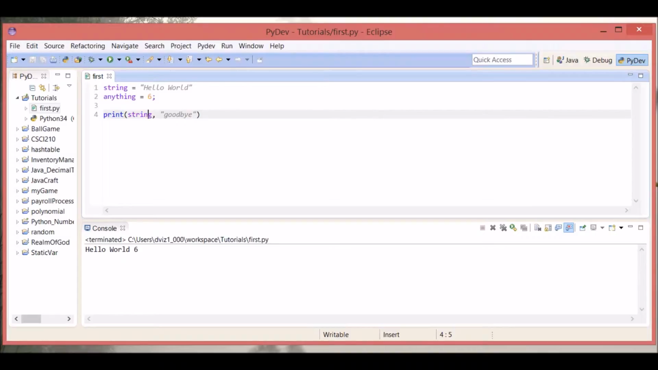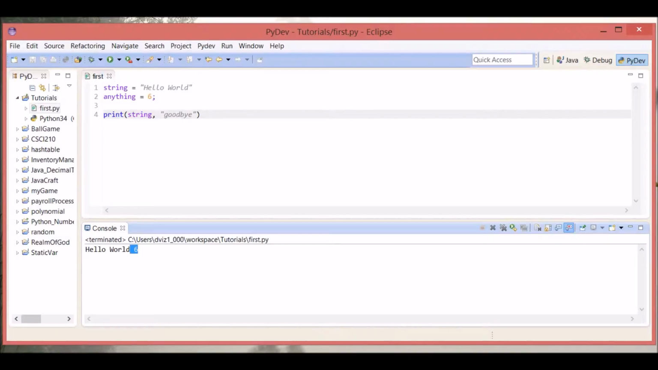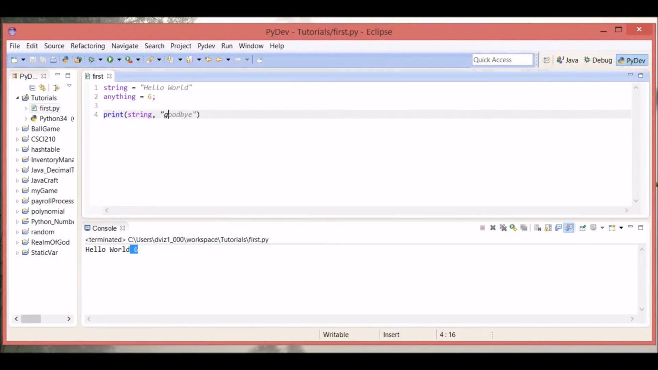From here what we have is the variable string that's assigned to hello world, and the comma. We're going to use a comma because it automatically adds the space for us, and then we append the string goodbye. So if we run this, what we have is hello world space goodbye because the comma adds the space for us. Now if we wanted to append this to this string, then we could say that